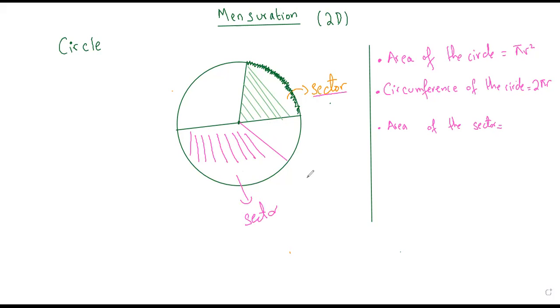And this is also a sector. So obviously the size is going to vary. So the angle which is making the smaller sector is theta. And the angle which is making this bigger sector is, let's say, theta dash, right? Now we can notice this, that different angles are making different sizes of the sector. So area of the sector